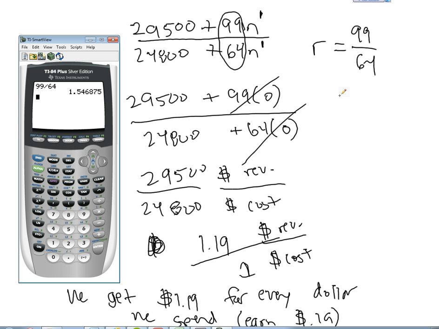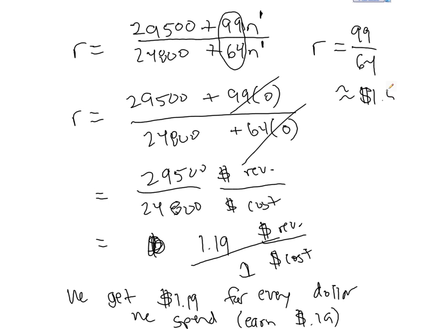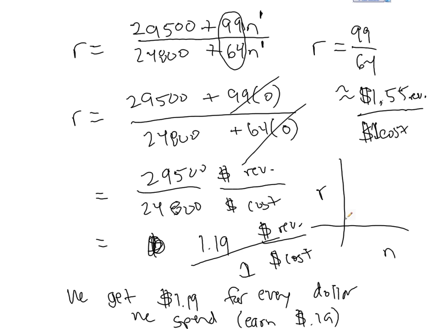So 99 divided by 64, if we calculate that, we'll get approximately $1.55. Notice that in our table that's pretty consistent, because we are still about 1.54, and you'll notice that it is really beginning to increase slowly, and so that is equal to about $1.55 per dollar of cost. So $1.55 earned in revenue per dollar of cost. So we can continue to produce infinitely many units, but guess what? Our ratio, as a function of the number of chairs we sell, is going to look a lot like this. And we're going to, again,